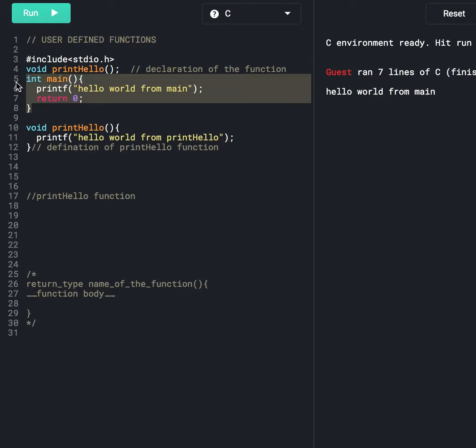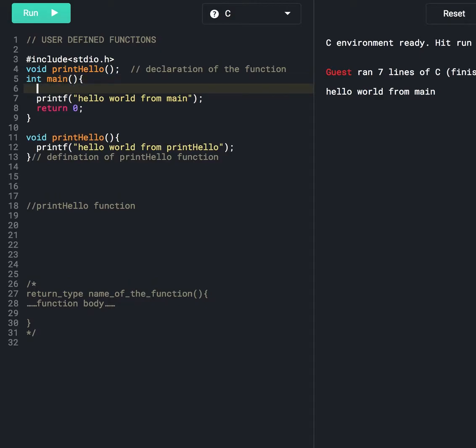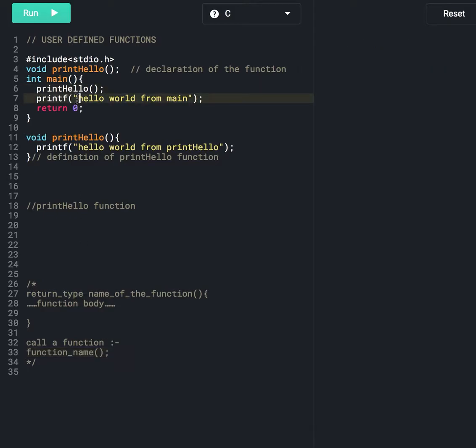As the main function gets called from library files, in the same way we need to call the print hello function. So we can call the print hello function from the main method. We need to write the function name, then parenthesis sign. This parenthesis represents the function sign. This is how we call a function, by writing function name followed by parenthesis. We just need to write function name, then parenthesis followed by semicolon. We can have a line break statement here. Now we will run this program and see the output.